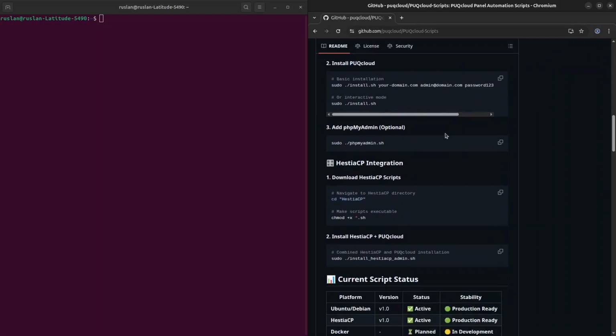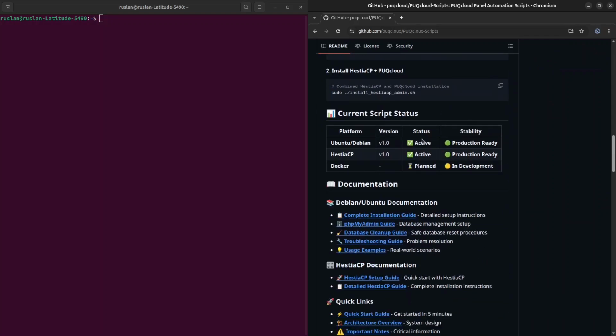The first, and in our opinion, the best, is to install PU Cloud on a dedicated server or virtual machine running Debian or Ubuntu. The second option is to install it on shared hosting. However, please note that proper functionality requires the ability to run background queue processes. In our case, that means Laravel Horizon. And finally, we're currently working on making PU Cloud fully deployable in Docker and Kubernetes environments. This will make it possible to segment and scale the system for handling large numbers of clients and services.